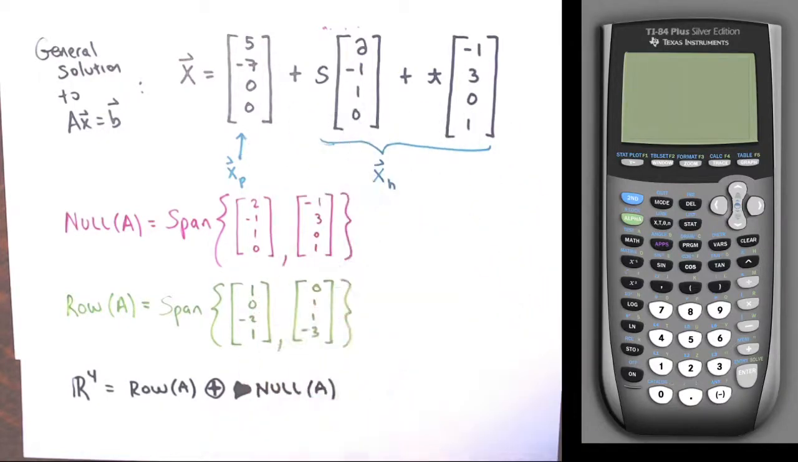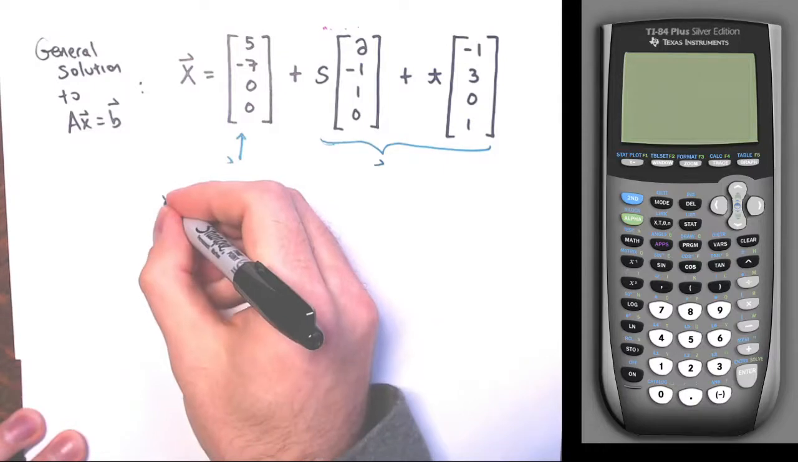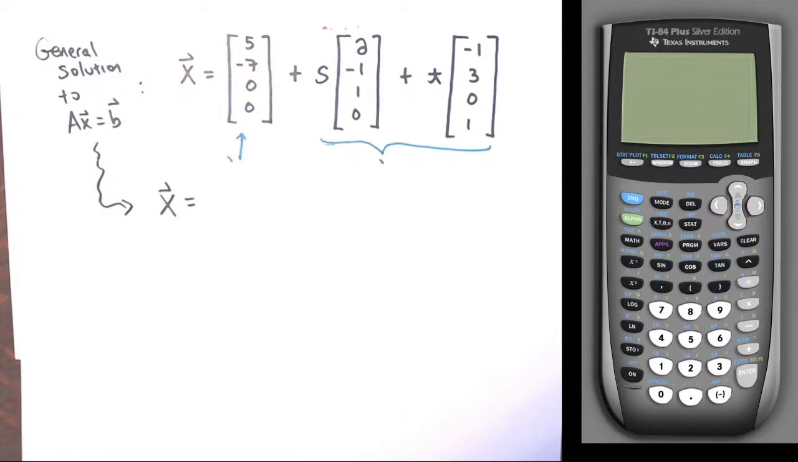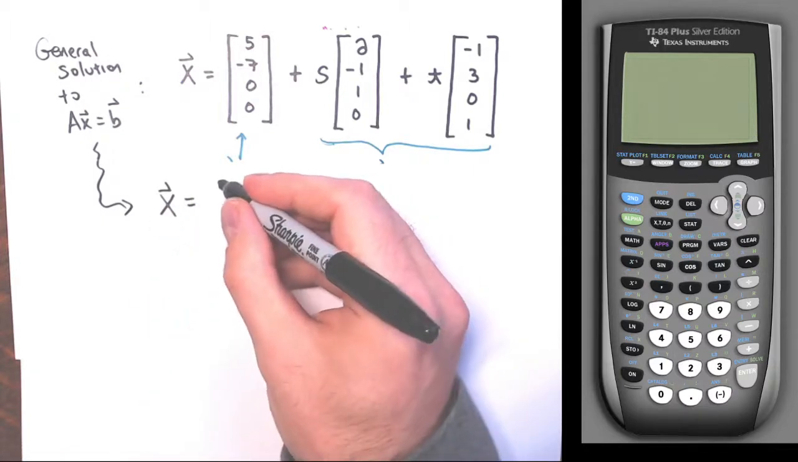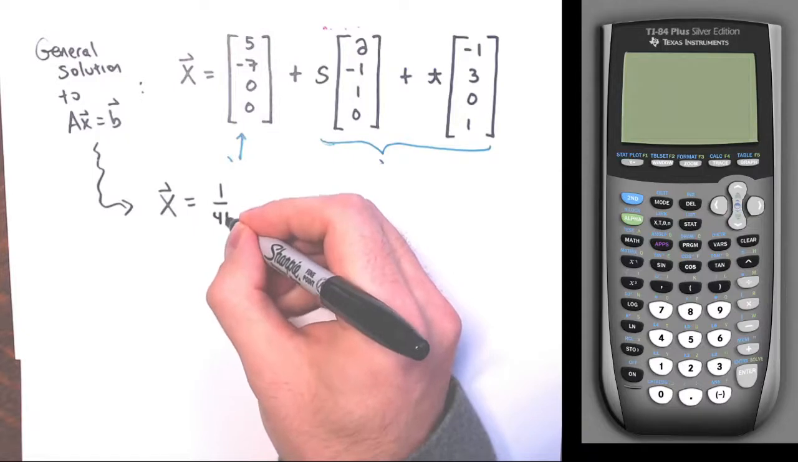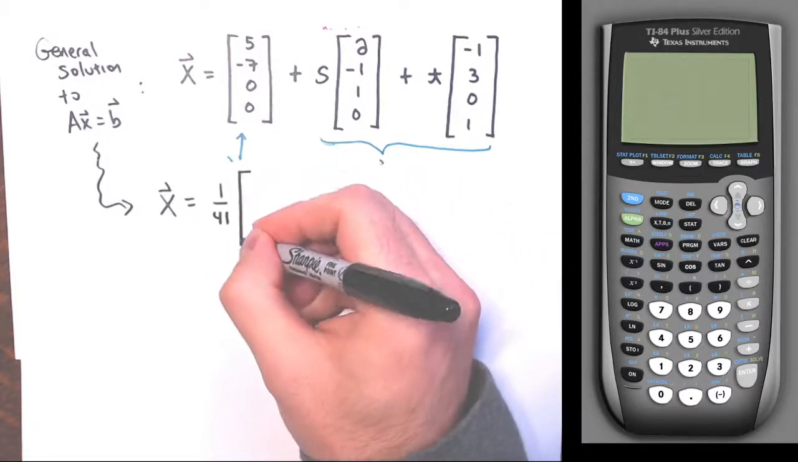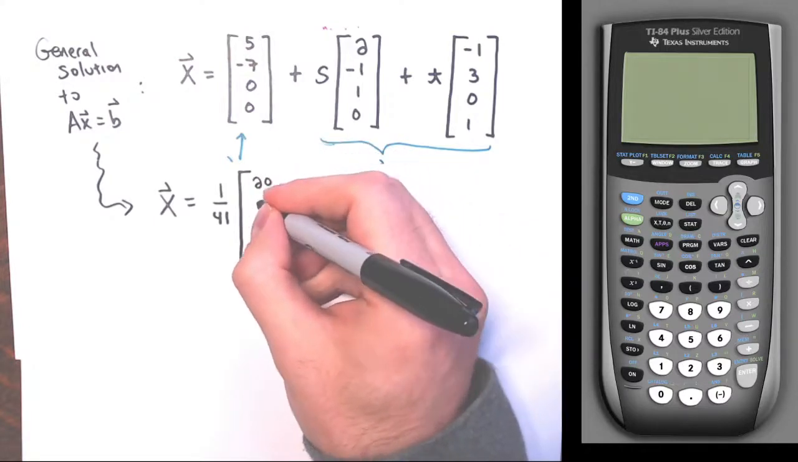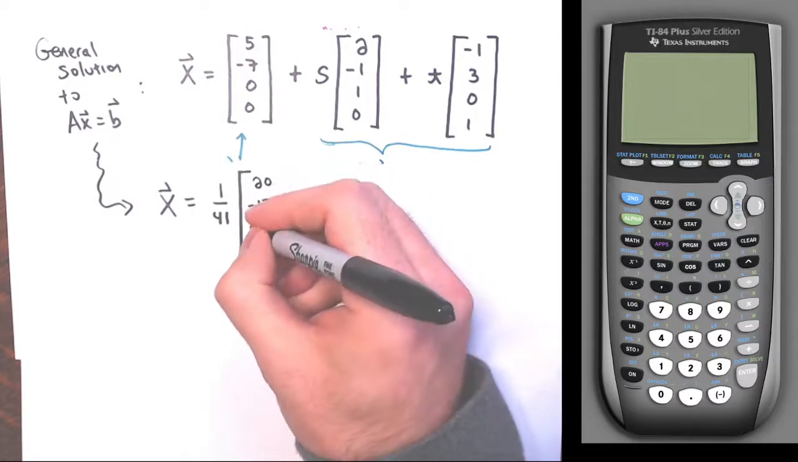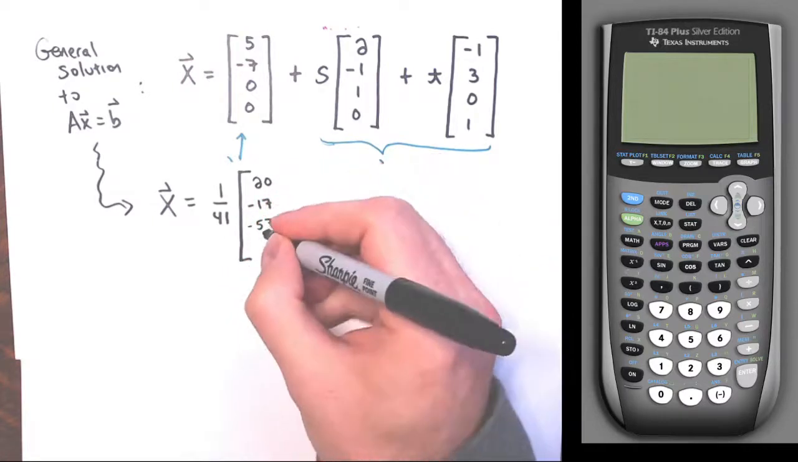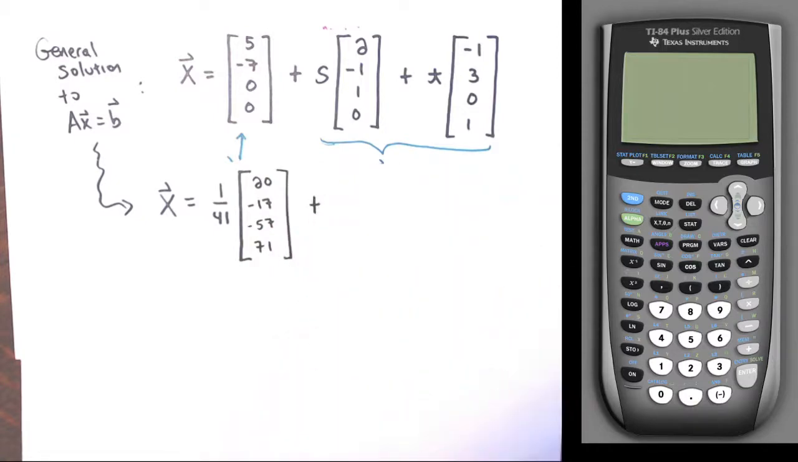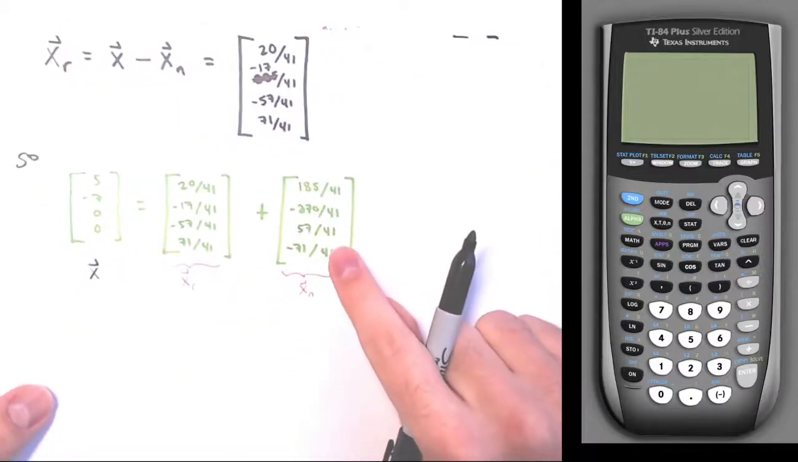All right, so I can now express the general solution in another way, like this, where I can express x as a vector from the row space of A, which was this. I'll write it with the fraction outside, where every single one of them was 1/41. So 1/41 times the vector (20, -17, -57, 71), plus, and then this second vector, I don't need to write this again, because